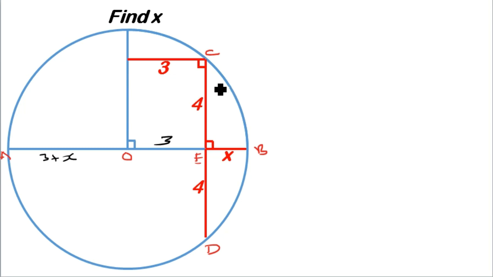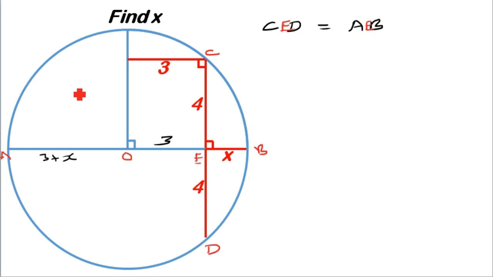So how do we find the value of x? Getting the value of x is very simple. We just apply the theorem of intersecting chords. So you can see the chord CD is intersecting the chord AB at point E, meaning point E is the point of